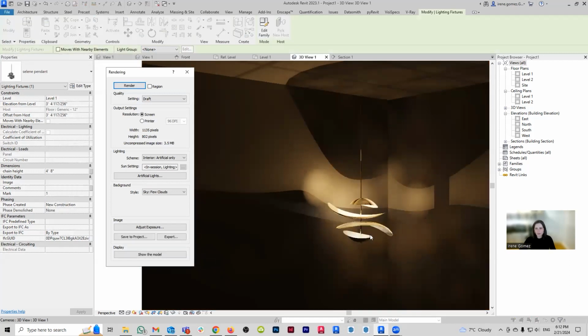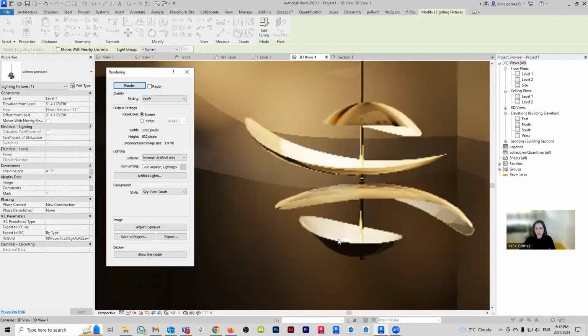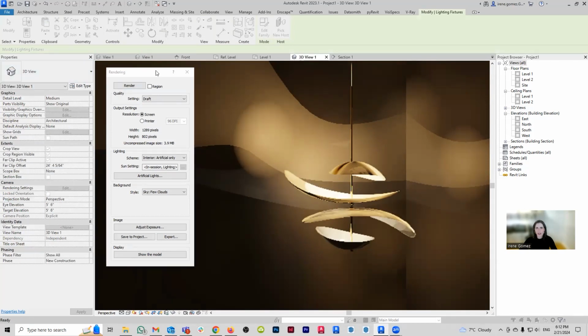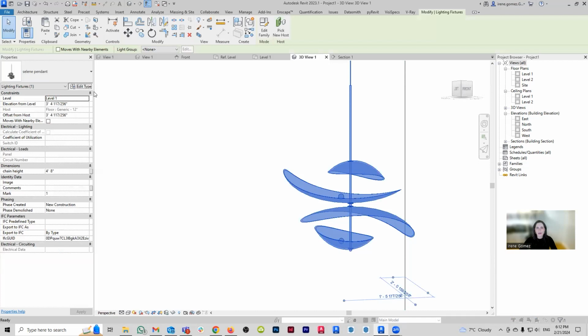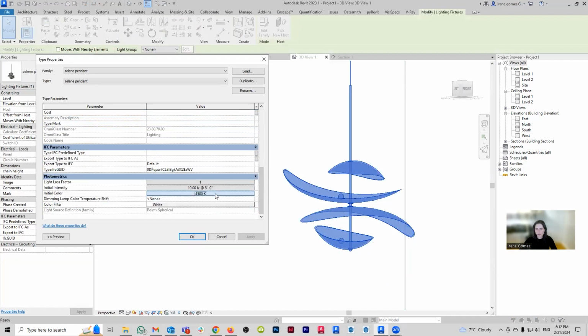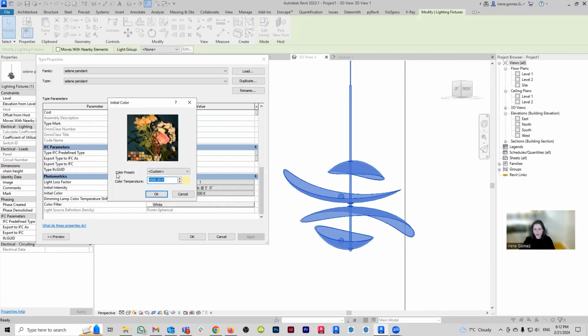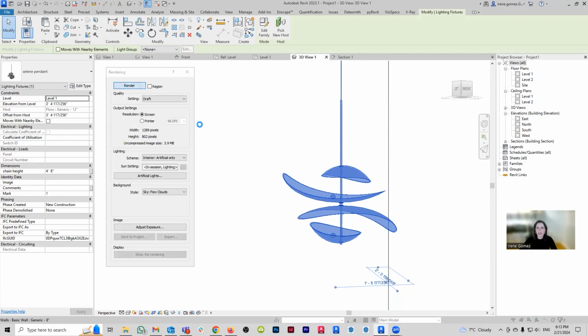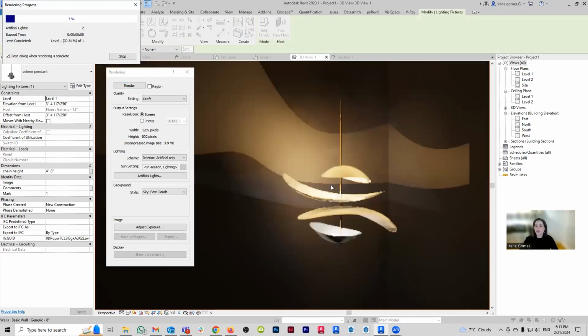Only one of them seems to be responding to the changes that I have given it. The top here still looks really, really yellow. If I go even more extreme, so if I go to the lighting fixture again, and I make it blue, even colder, let's say 7500, so it's going to be a very blue light. You're going to see that only one of my light sources is changing. That's messed up. That's not the way that we want it.